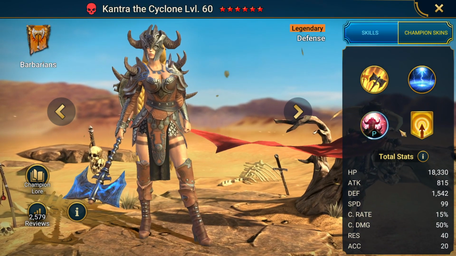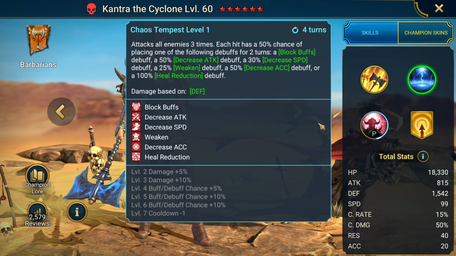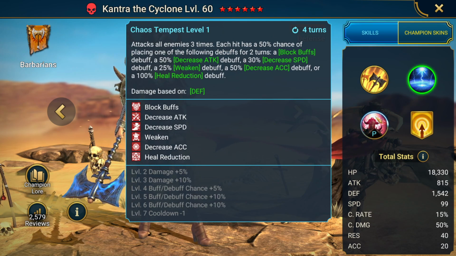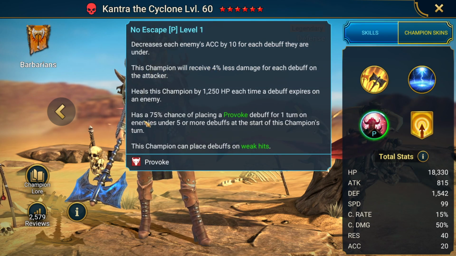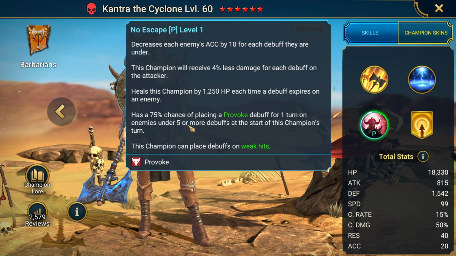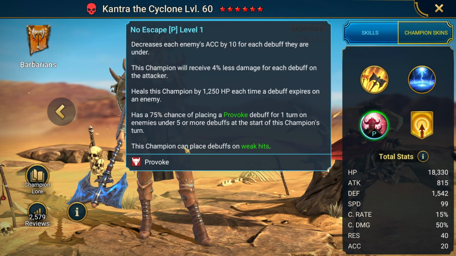We have Contra the Cyclone. This is just an insane amount of debuffs. I'm going to start explaining the kits just a little bit less, but just keep in mind an insane amount of debuffs which is needed for her passive. Her passive is, let's get to the thing that really matters, 75% chance of placing a provoke debuff for 1 turn on enemies under 5 or more debuffs at the start of her turn, and this champion can place debuffs